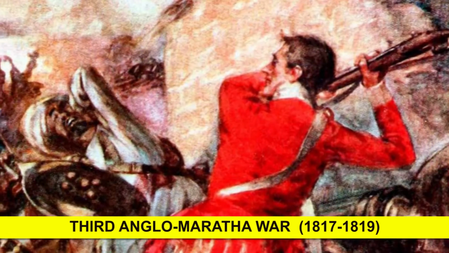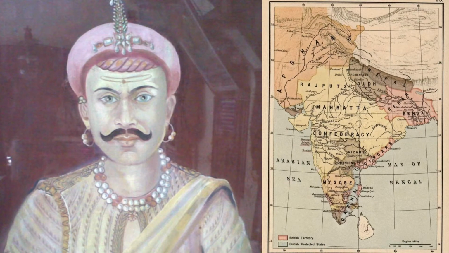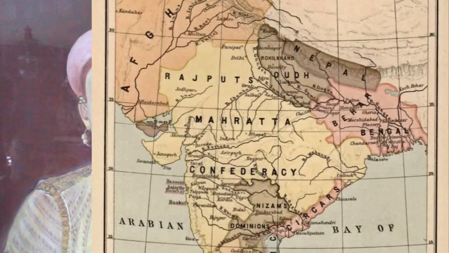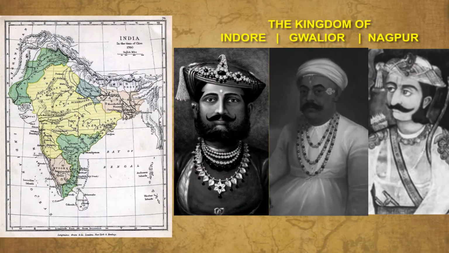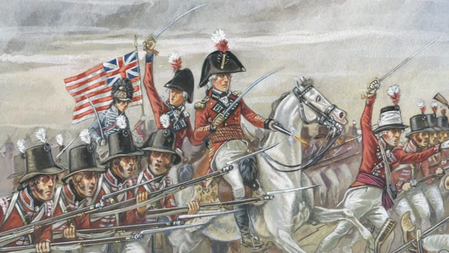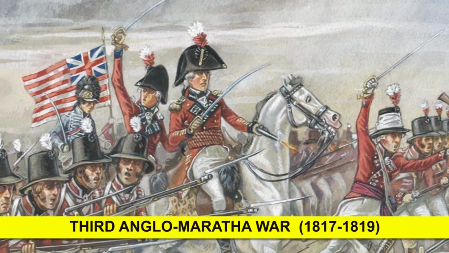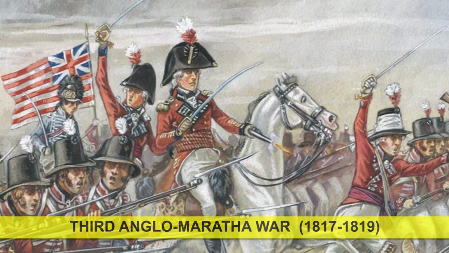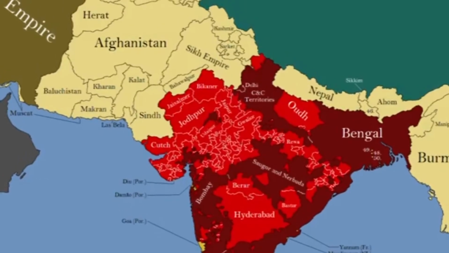In this battle, the British crushed Maratha power. The Peshwa was removed and sent away to Bithur near Kanpur with a pension. The kingdoms of Indore, Gwalior, and Nagpur came under the control of the British. The victory over the Marathas in 1819 left the British in control of virtually all the territories of India south